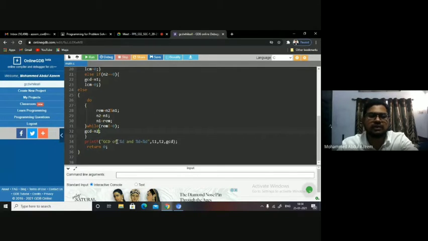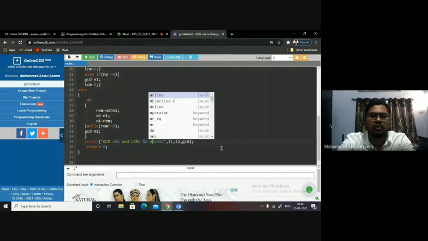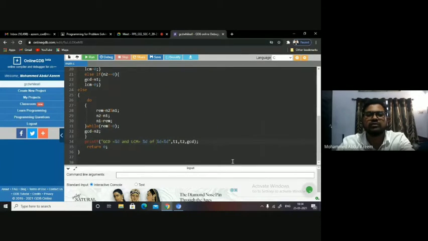So GCD equal to %d here, and LCM equal to %d of these two numbers, right?